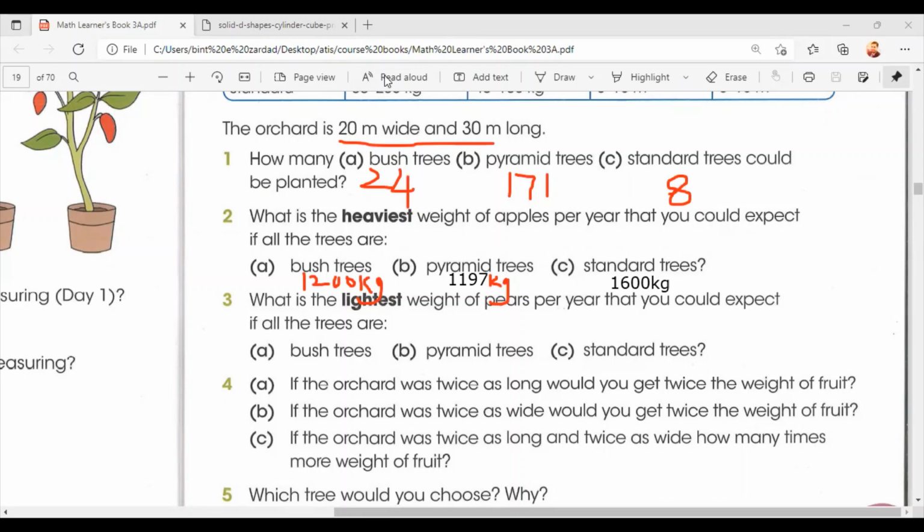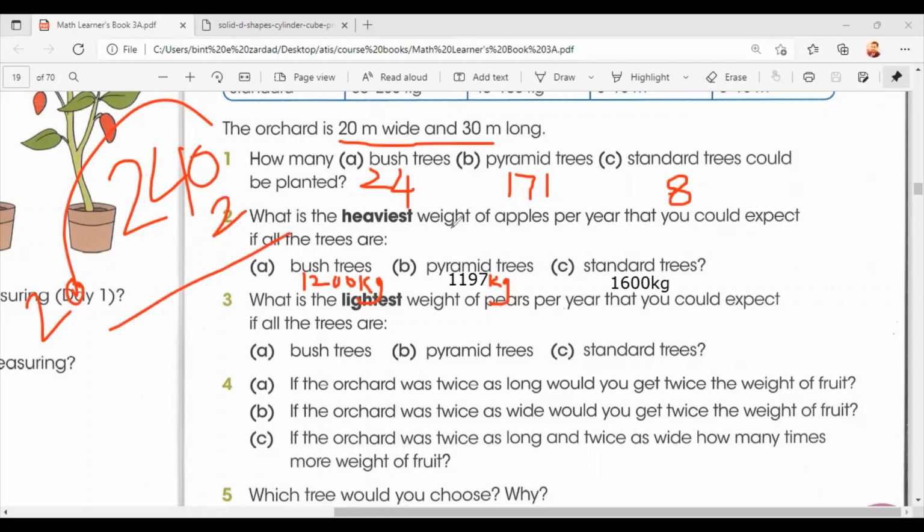It's coming 480. You can also calculate it, or let me calculate. 24 multiplied by 20. We bring the 0 of 20 here to make multiplication easy. 2 multiply 0 is 0, 2 times 4 is 8, so it's 480. I just bring the 0 of 20 with 24, so no need to multiply 2 times. So if we multiply 24 with 20, it's coming